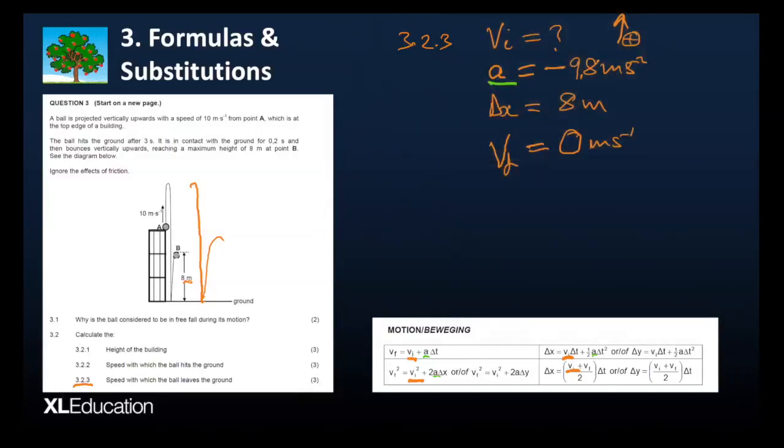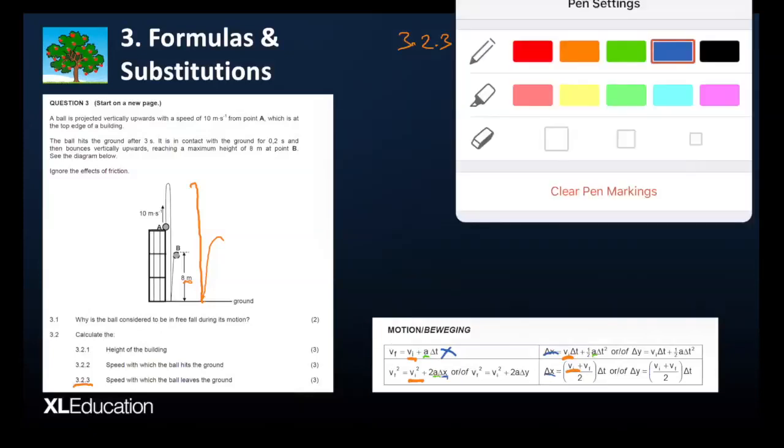We now check displacement. That is 8. So this one has displacement. This one doesn't have displacement. There is no displacement here. On this one, there is displacement, and on this one, there is displacement. So we are remaining with 3 of the formulas. Then let's now check the other